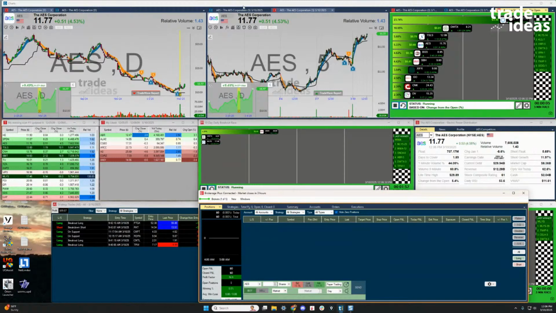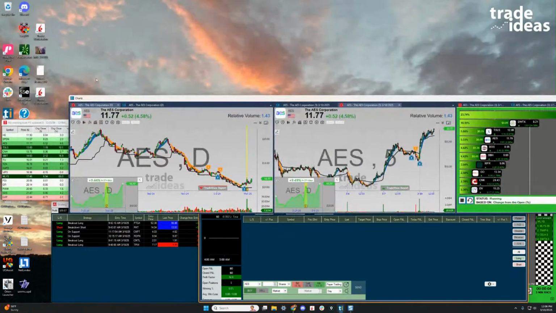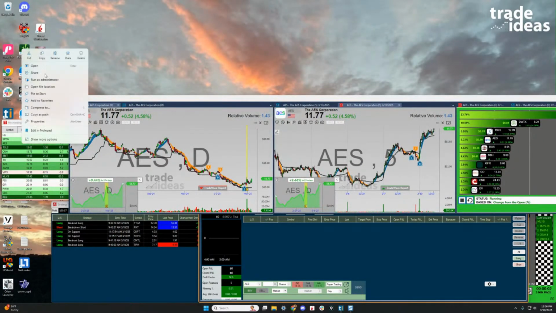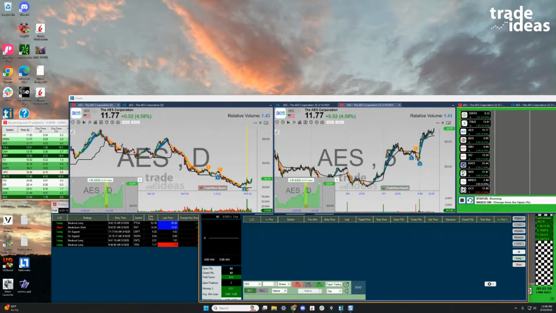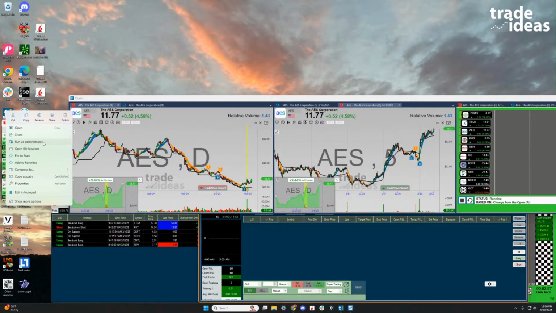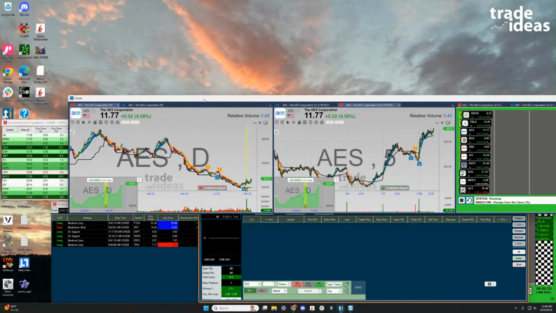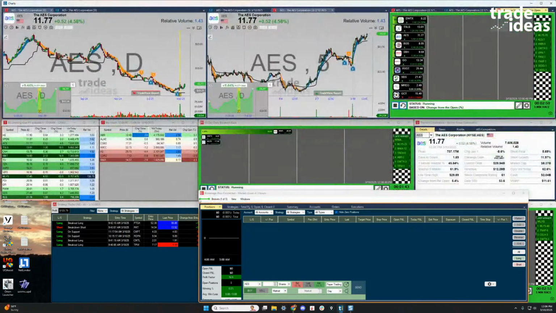Thinkorswim. To externally link to Thinkorswim, you have to right-click Thinkorswim and select Run as Administrator. Then you must right-click Trade Ideas and select Run as Administrator. If you don't do those things, it's not going to work. That's the first and foremost. Then you would build the link,